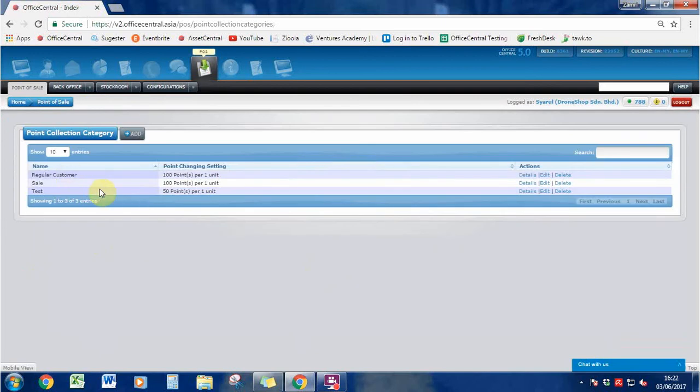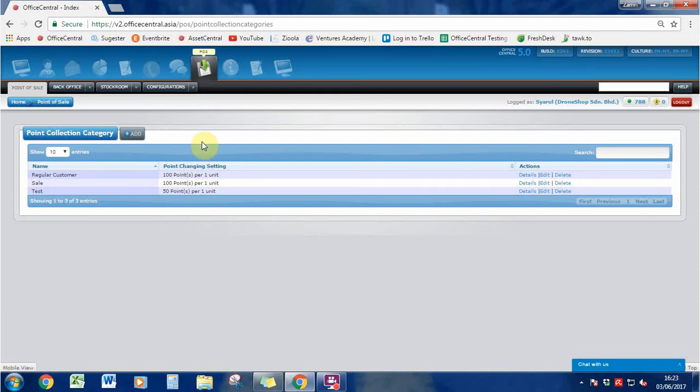So from the list you can see that your point collection is on the list, and then from the button action you can click on details if you want to see the details of the point collection, edit if you want to change the information, or lastly delete if you want to delete. Okay, next,